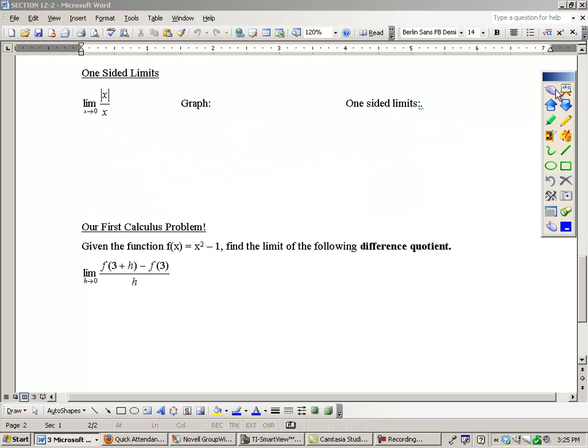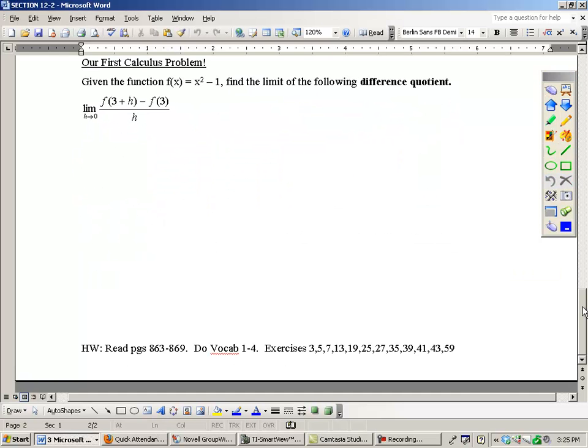Let's do our last one. We are asking you to take calculus, and we're doing the limit of a difference quotient. Okay, so take a look. Given the function x squared minus 1, find the limit using the difference quotient. So here we go. The difference quotient, if we go back, we want to first say, can I just plug this in? You always want to try substitution with a limit first. So if I use substitution,